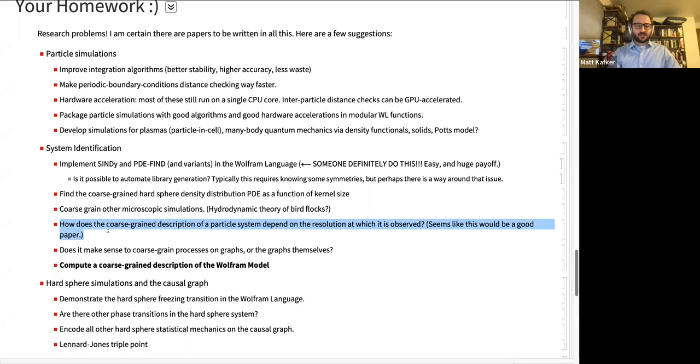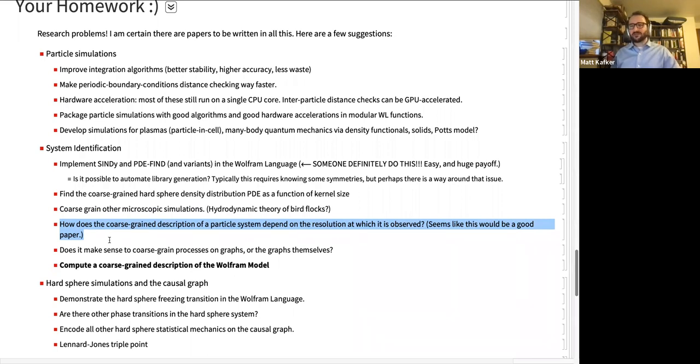Then I talked about this, which I think, again, I wanted to write this paper, and I don't think I'm going to get to write this paper, but this is a really good problem, I think. How does the coarse grain description depend on the resolution at which it is observed, and what are the downstream consequences of this? This is something that we talked about a little bit,